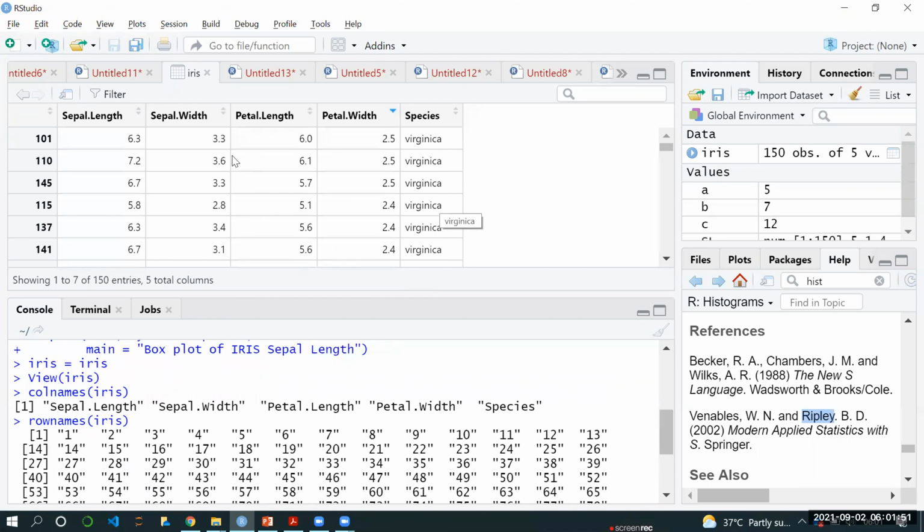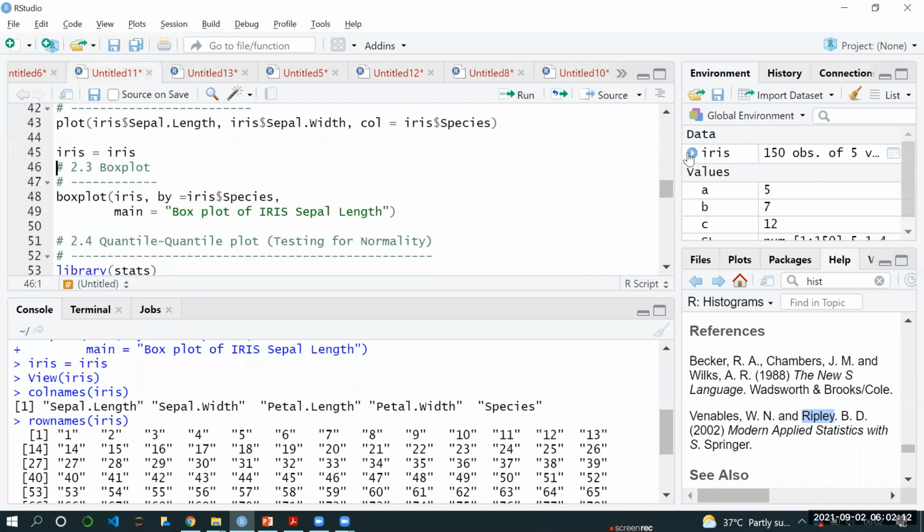So the simplest data structure in R is data frame. Other structures which are more generic include table and list. We will see them when we will be doing further analysis. So you can see iris data is stored in here. Now,